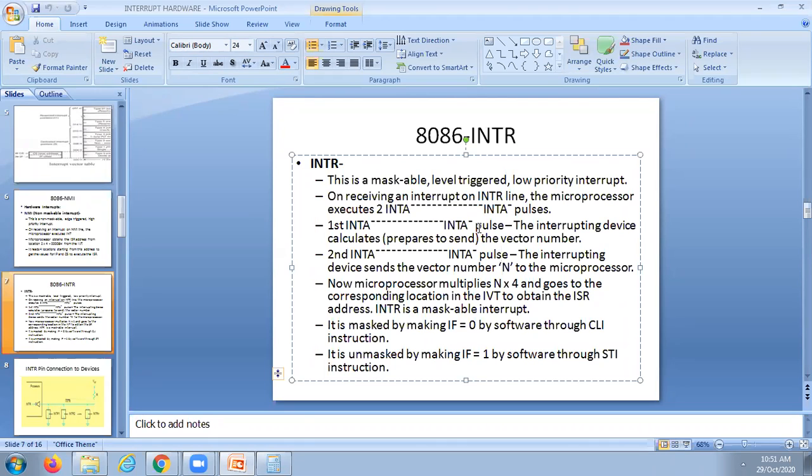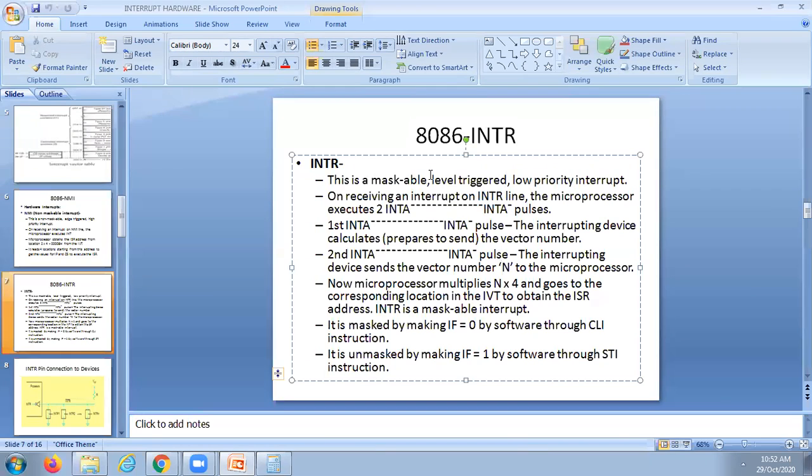Here, INTR is a maskable interrupt. In 8086 it is a maskable interrupt, level triggered and low priority interrupt. This statement is valid.